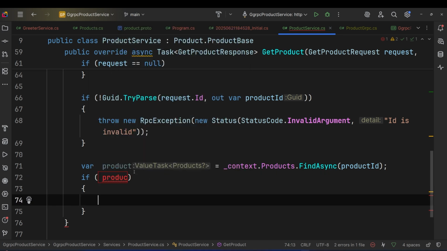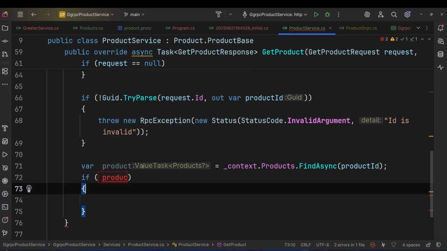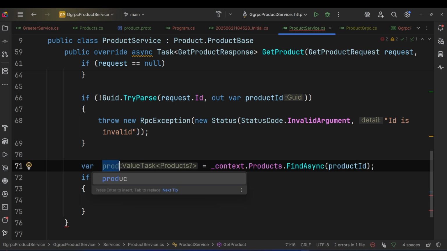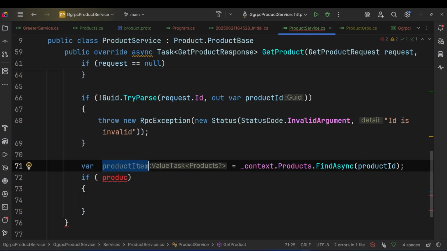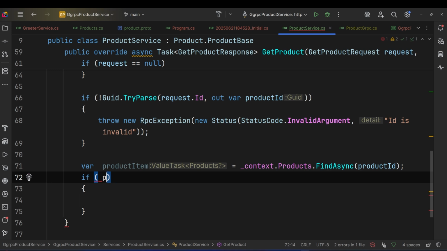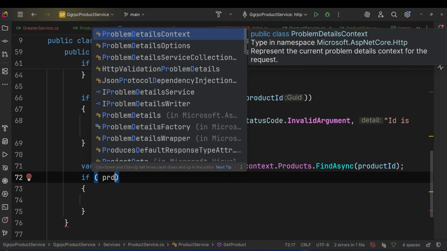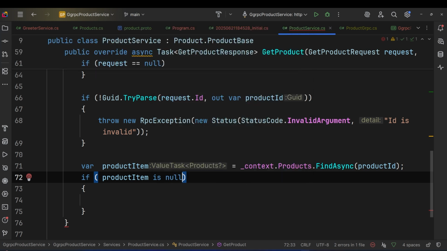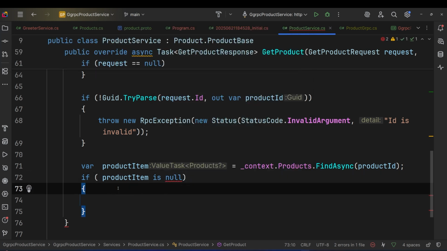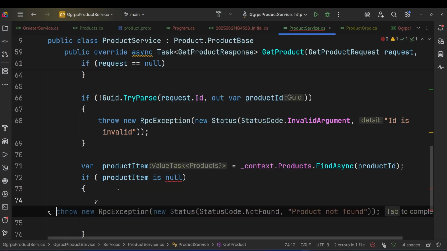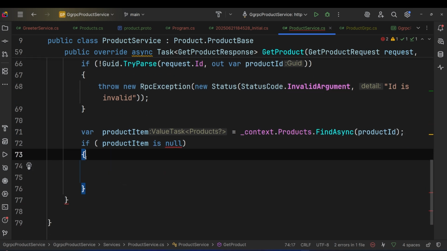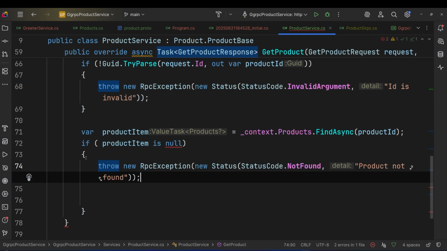So let's see how we do this. Let's name this a better name, right? So var product item. So if product item is null, what we want to do is that we want to throw an exception here, right? We want to throw an exception that no product found,